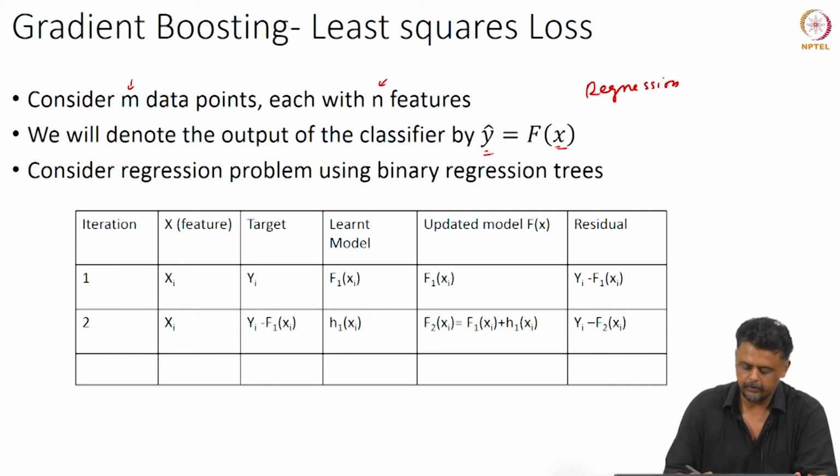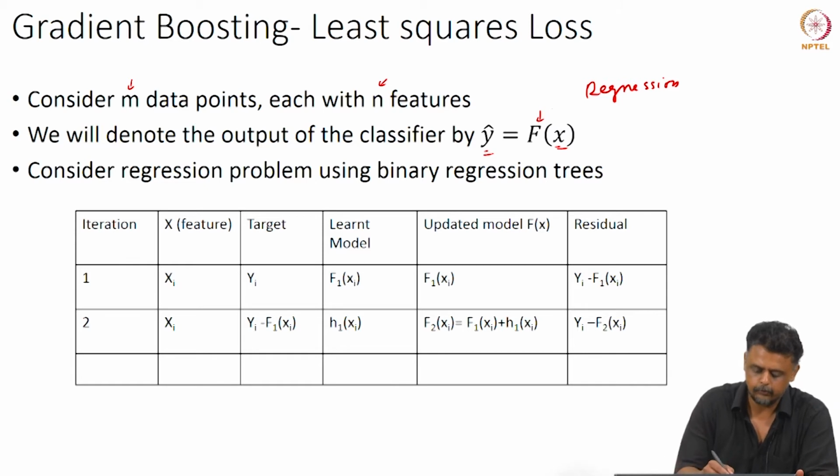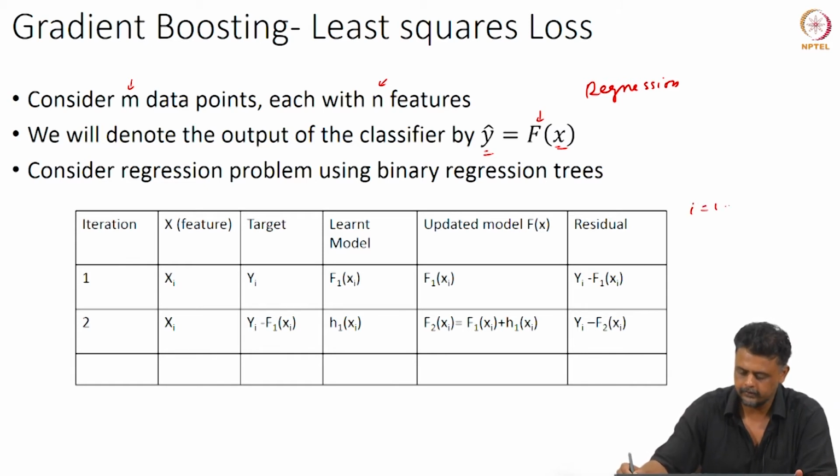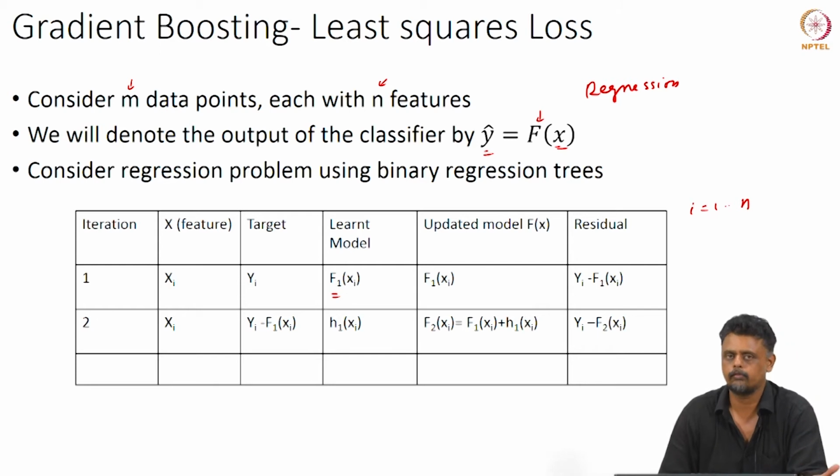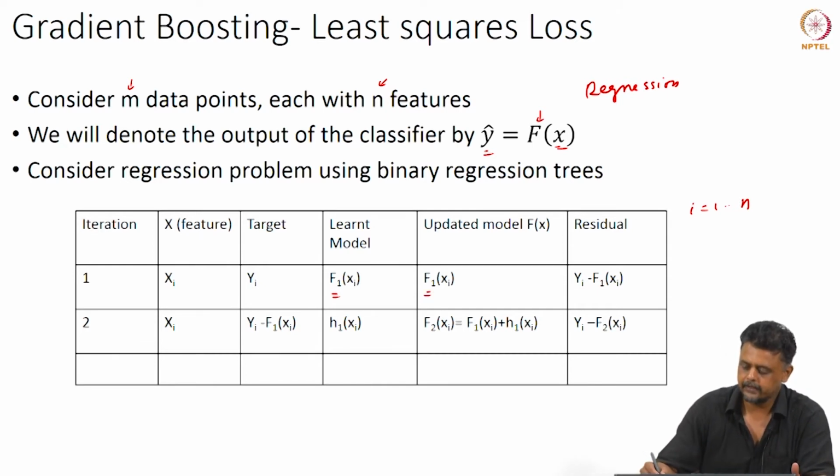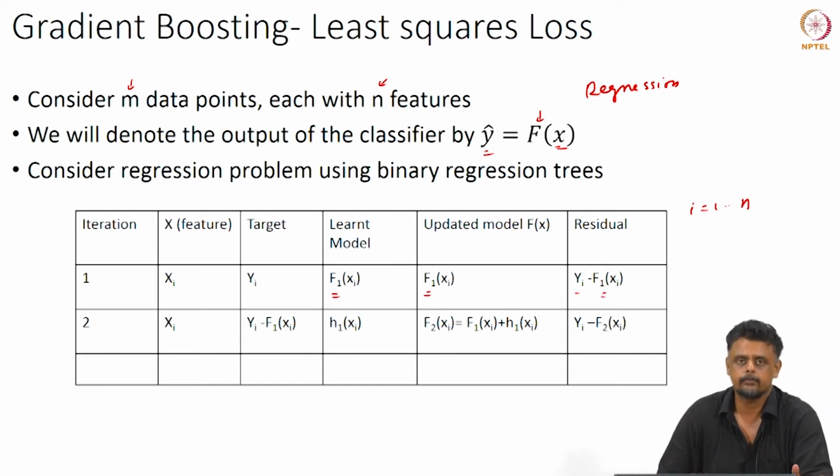So, we will look at this table here. We are looking at different iterations wherein we successively update our machine learning model f by learning from the residual. In this case we consider the input feature xi, where i runs from 1 through n, and the corresponding target variable, the ground truth, is yi. We will fit this using a binary regression tree and denote it by f1 of xi. So, for every xi the output is f1 of xi; f1 is our model at this point. Then we calculate a residual, which is the difference between the ground truth and the output of the regression tree, yi minus f1 of xi.